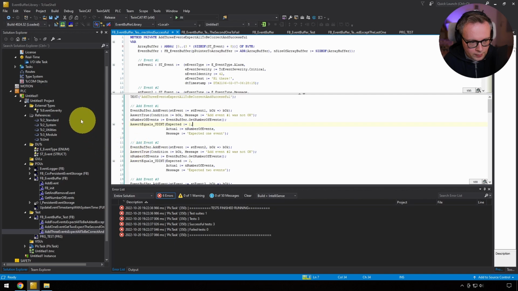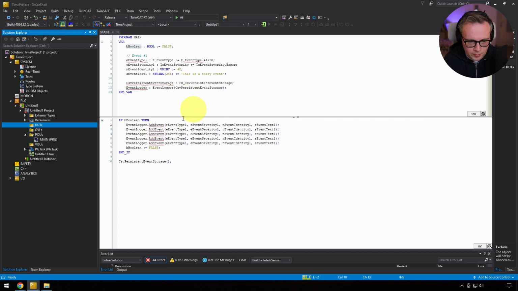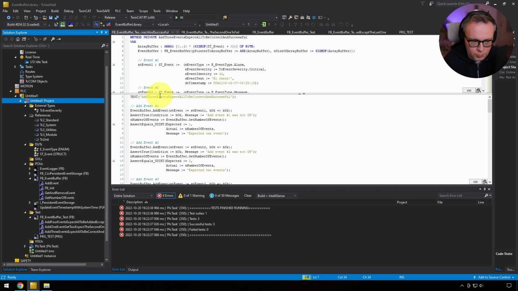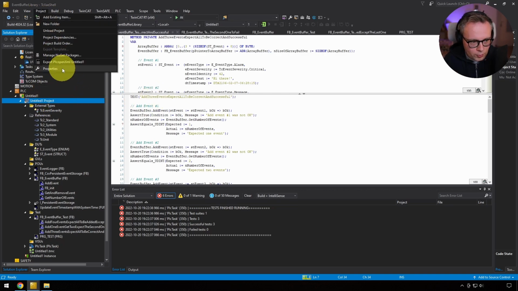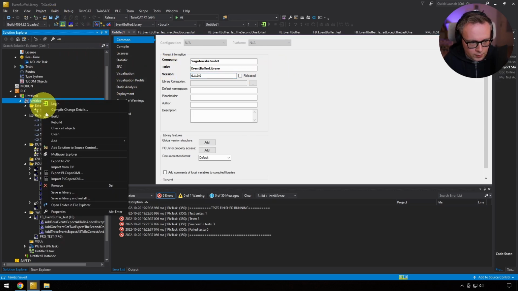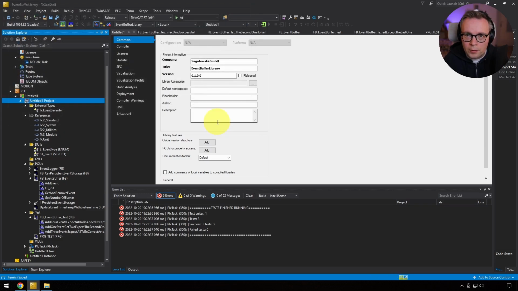Okay, now we can take this library and export it so that we can use it in our main program. I mean, in the end of the day, this is where we want to use the project. So we have to export this as a library and use this library in the other program. Before doing that, I just have to set up some parameters. I have my own company now, so I can put this guy, event buffer library, version 0.1, and then we save it and install it, just as you've already learned how to manage libraries.